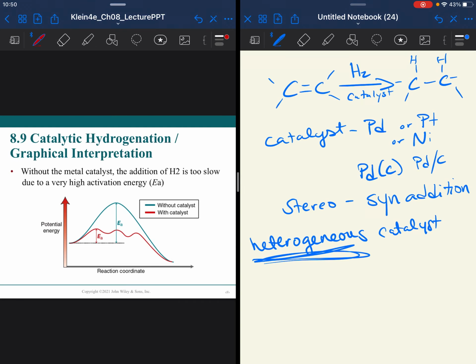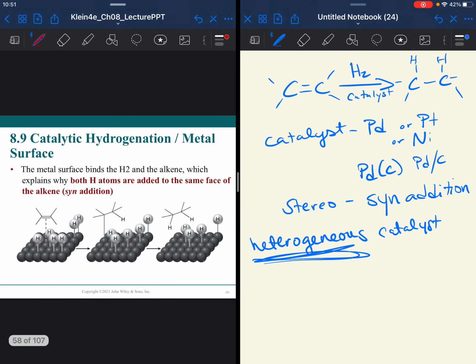And sometimes with more steps, like you see here with a catalyst, the red line has multiple transition states, 2 intermediates, but each one of those has a much, much lower activation energy. So more molecules will have enough energy to get over that activation energy barrier and will in turn make this reaction go faster. So in this case, the mechanism is drawn a little differently than what we've been seeing before